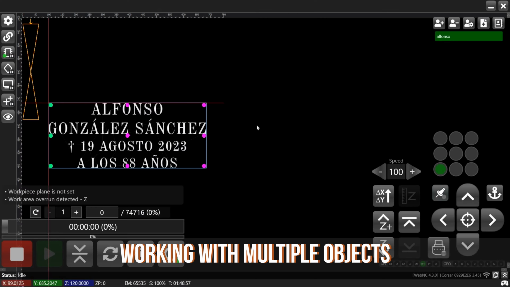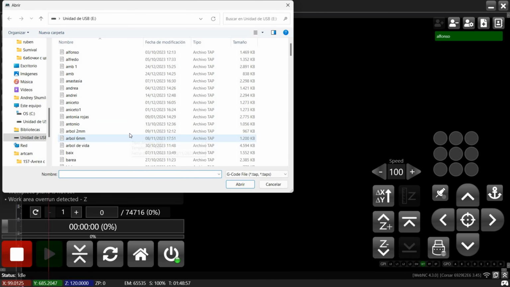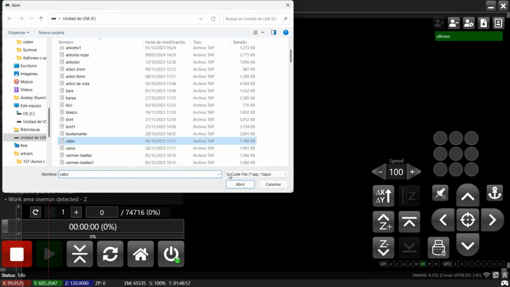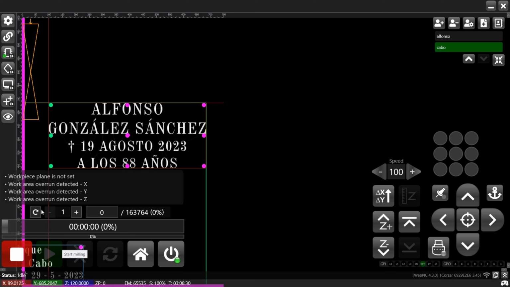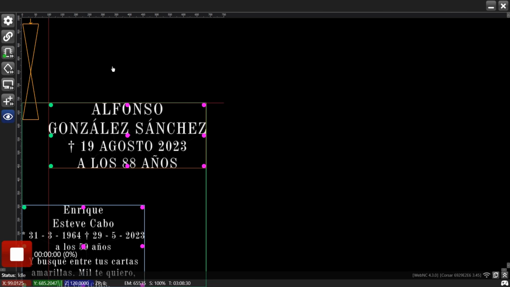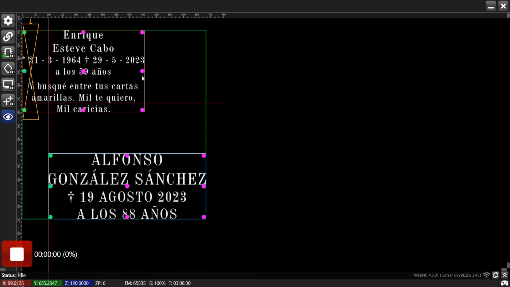We can add several objects using G-codes, and then we can arrange them the way we like. We can do separate binding for each object. We can group them together.